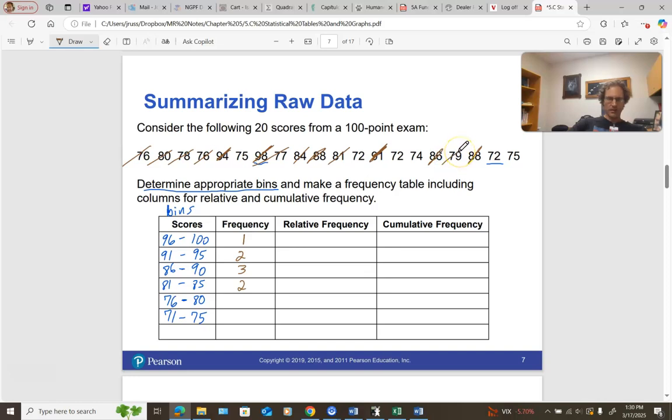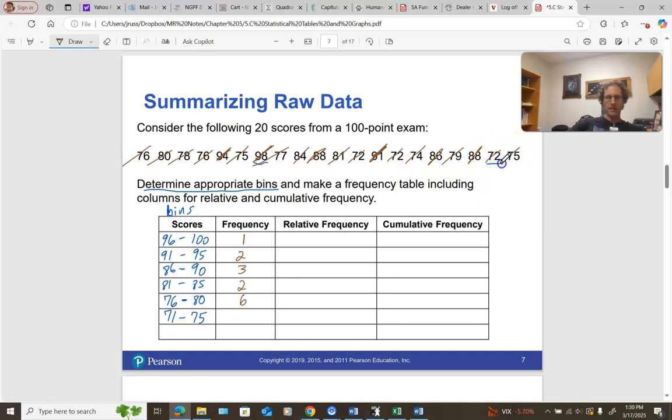79. So I think that's a total of 6. And then lastly, we have 71 to 74. So, or excuse me, 71 to 75. So here's 75, that's 1. 72, 3, 4, 5,